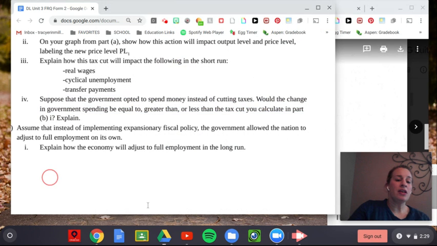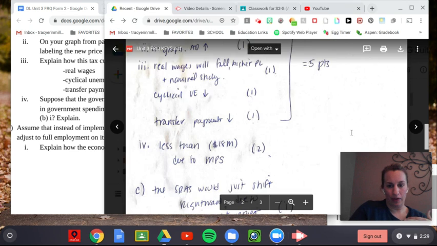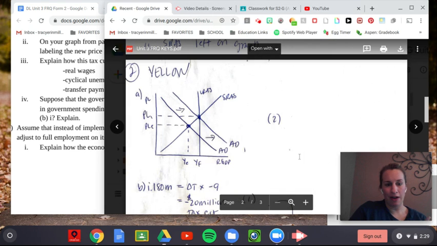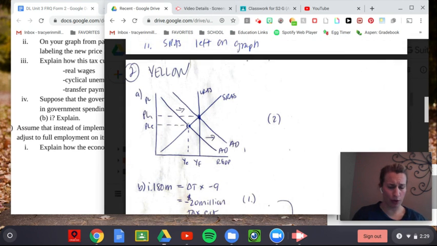Then suppose we went all the way back to the beginning. And instead of doing that expansionary fiscal policy, the government just left this economy alone and they laissez-faire it. What would happen? Well, if we look back at the original graph, prices were lower than they would be if it was at full employment. So when you think about